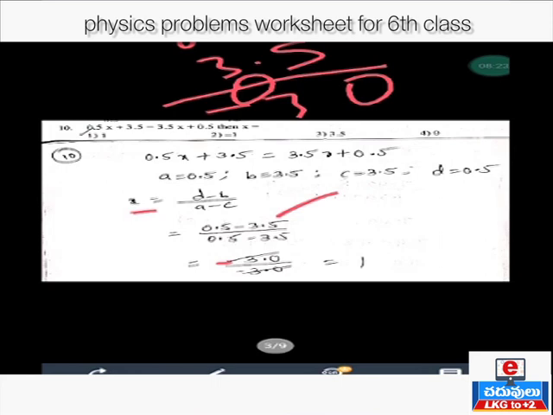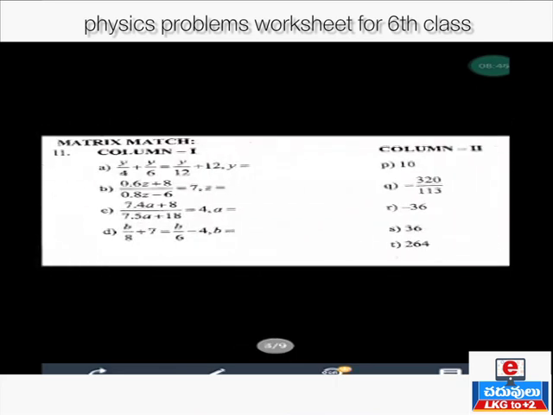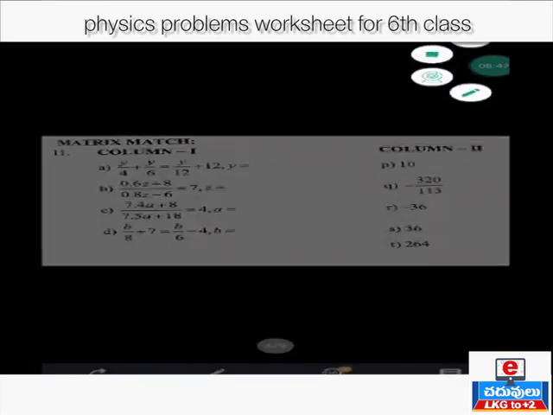Again, in denominator also same. 0.5 minus 3.5. In denominator also we can get minus 3.0. Minus 3.0 is nothing but minus 3. So both are cancelled. We can get 1 as the answer. Otherwise, here also we can cancel these terms, children. Both are equal. So what is the x value here we can get? X value is 1.